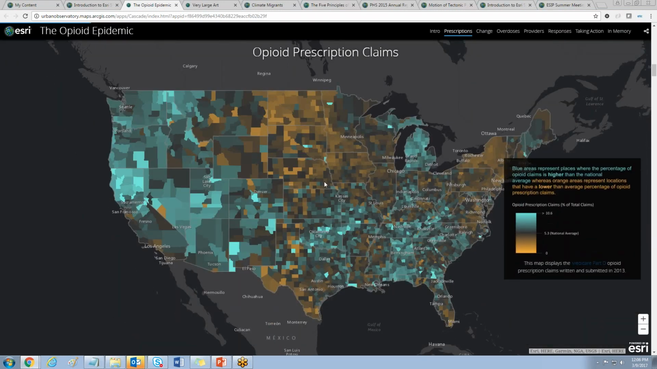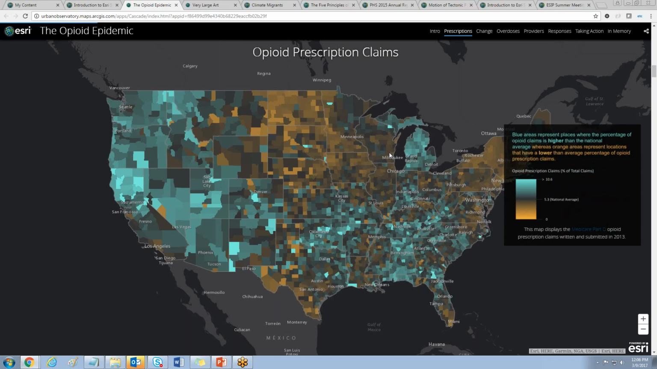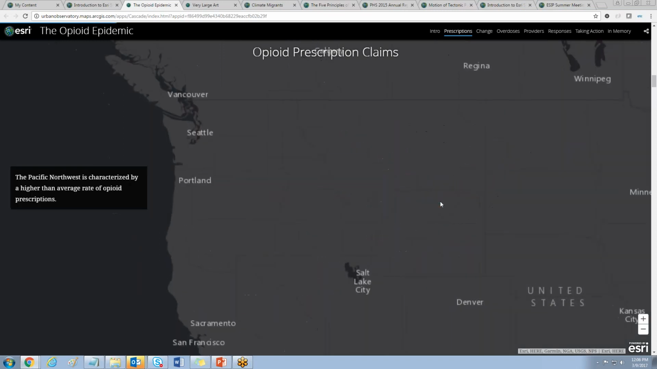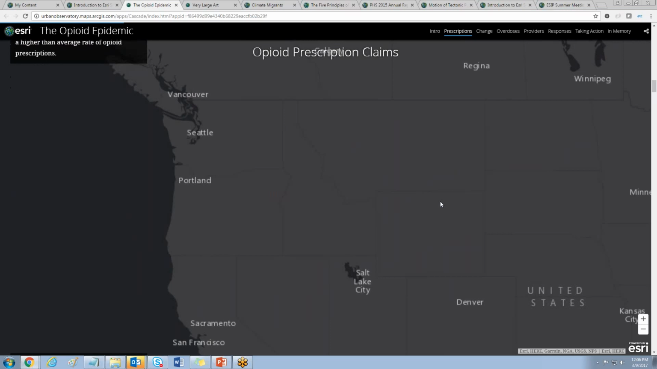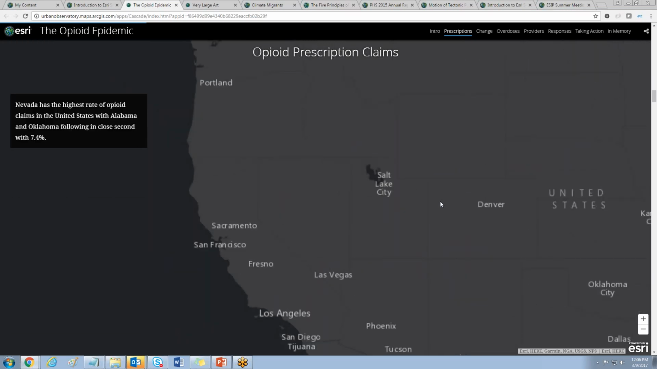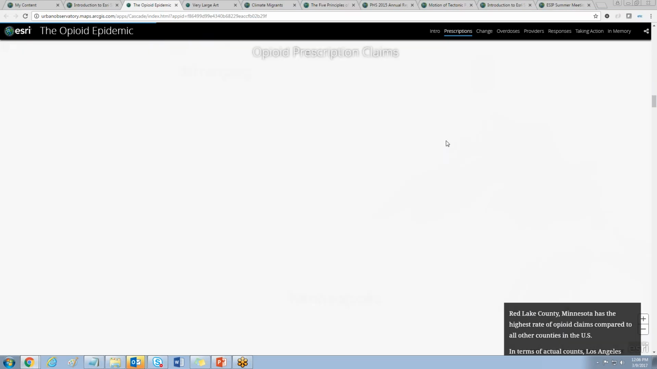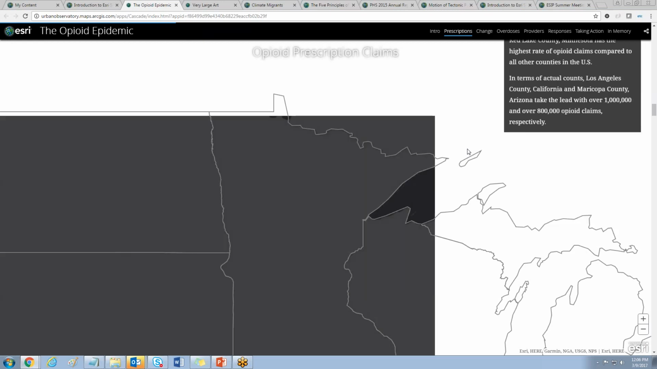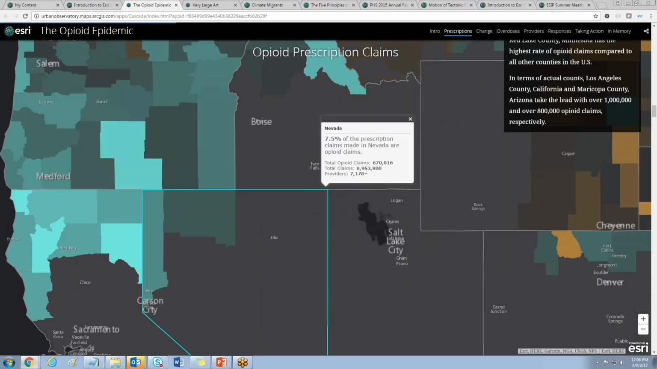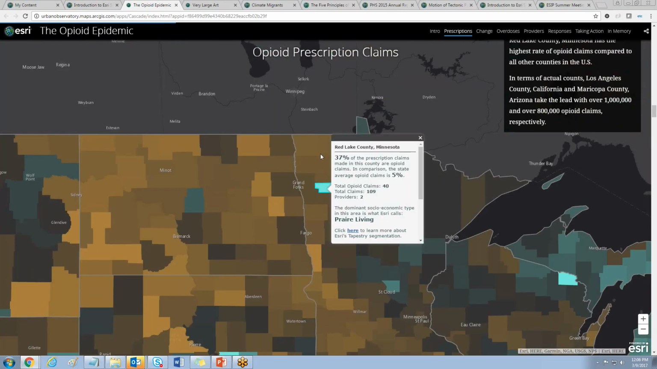And then as we navigate down, the story map is controlling how we are introduced to the map, showing blue areas representing places where the claims are higher, and orange areas where there's a lower than average percentage of prescription claims. We're navigating down and zooming in to places in the map, continuing to navigate down and around. So the idea with this Cascade template is that the user can explore around too, but as you're scrolling down,